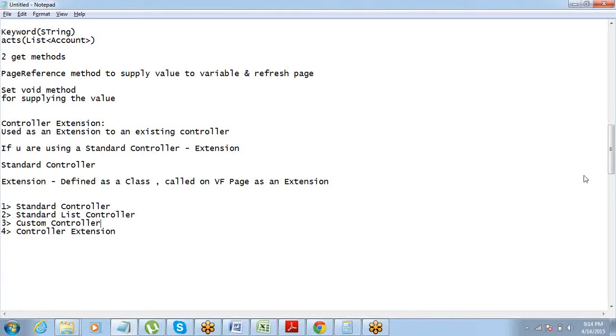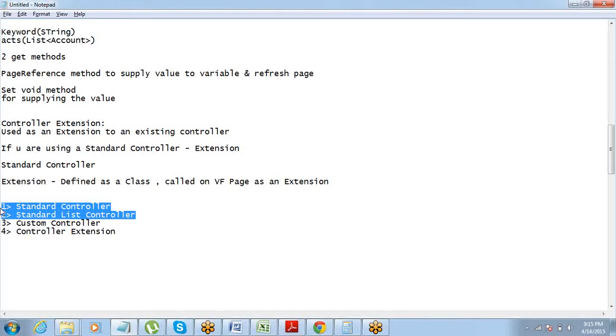Okay, now I have a few very quick questions for you. Chandu, can you tell me the difference between standard and standard list controller?